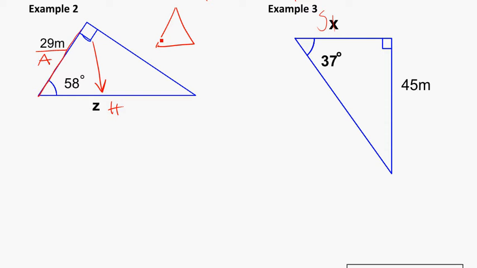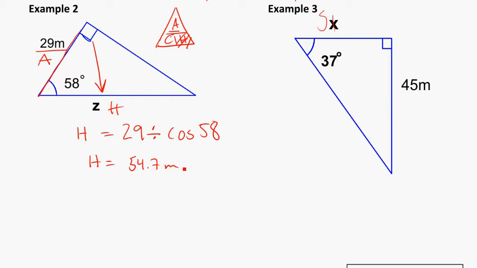So if I think about my ratios, SOH, CAH, or TOA, here I've got the information of A and H, so I'm going to actually use cosine because it's got the A and the H in it. Looking for what I am looking for in this case is H, so I'll cover up the H. And using that formula, I know what I'm going to have is A divided by C. So we can write that as 29 divided by cosine of 58. And if we plug this into our calculator, we get